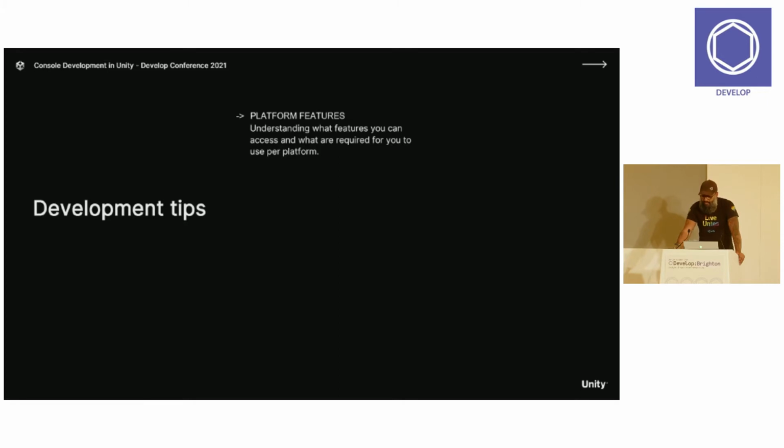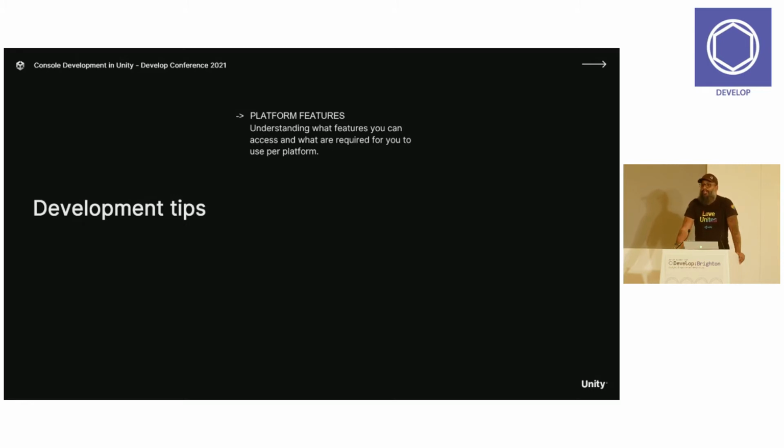Unity does provide a set of plugins to interface with your platform-specific native APIs from C# scripts, and that makes it easy for you to add support for those features that are specific to consoles. Those plugins do come with documentation and source code. For example, I'm sure everyone's familiar with achievements, right? We use achievements in multiple platforms, and they pop up in the game, and in order to trigger that pop-up, you need to control how it's displayed, and you need to call the Xbox and PlayStation APIs directly through your native C# code to do that.